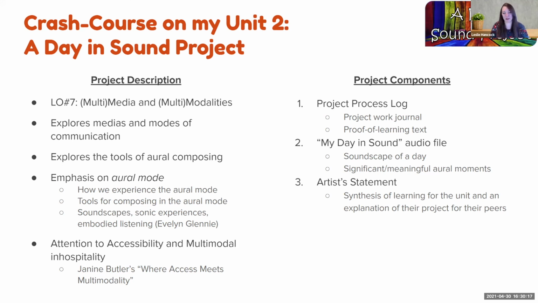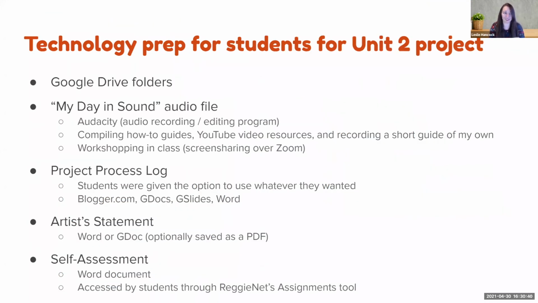And then the third part was the artist statement, which was basically a synthesis of their learning throughout the unit. And it was meant to be a document that they write for their peers, explaining what their project choices were and what they were hoping to do with the project, or what they hoped that it got across to their listener. So with those three project components in mind, I'm going to,